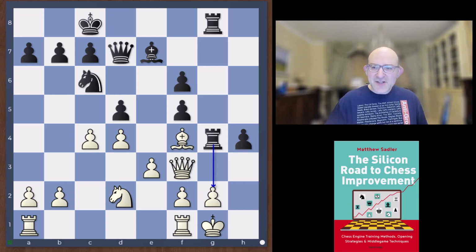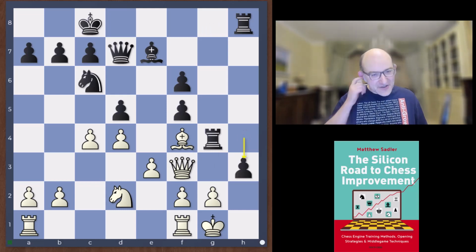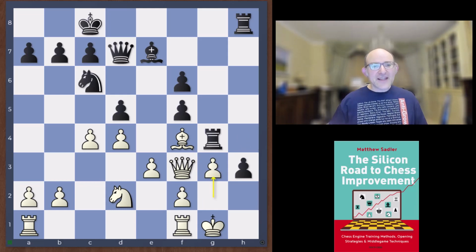I think most of the engine games I was playing from here were ending in black wins. Yeah, I'm not seeing a single draw actually. So it's really, really good for black, this. But unfortunately for her, Aditi played the move h3, and after g3, suddenly the whole thing turns on its head,